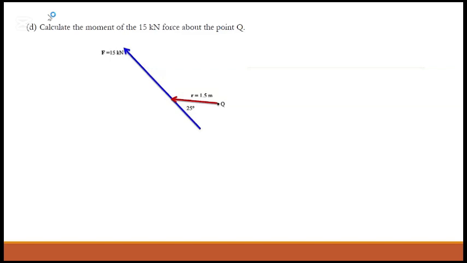So we extend the line of action of the force, and we draw a perpendicular line from here. And the moment is about Q, and it is the force times the perpendicular distance. So force is 15 kilonewtons, and distance, how did you find the distance? 1.5 what? Cos 25. Okay, now